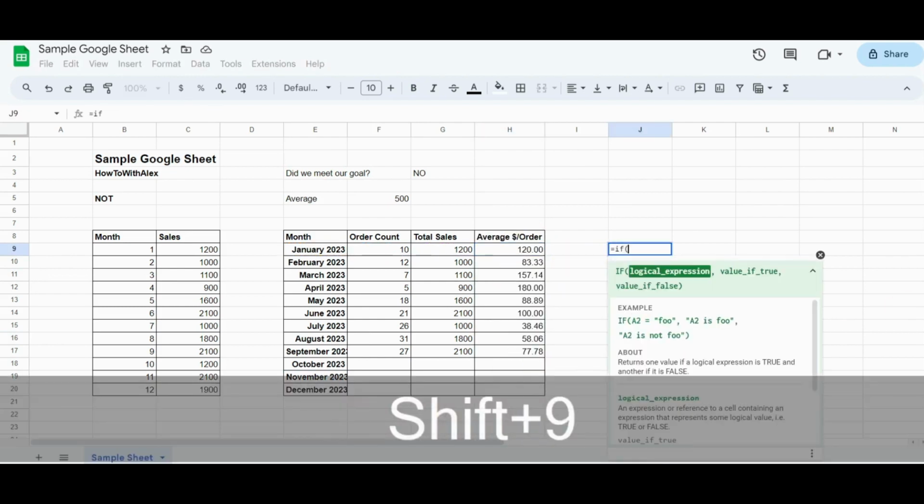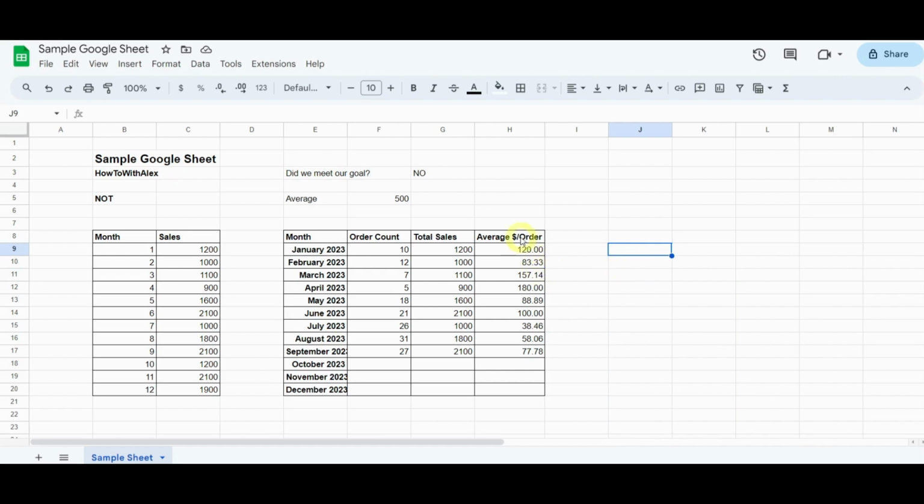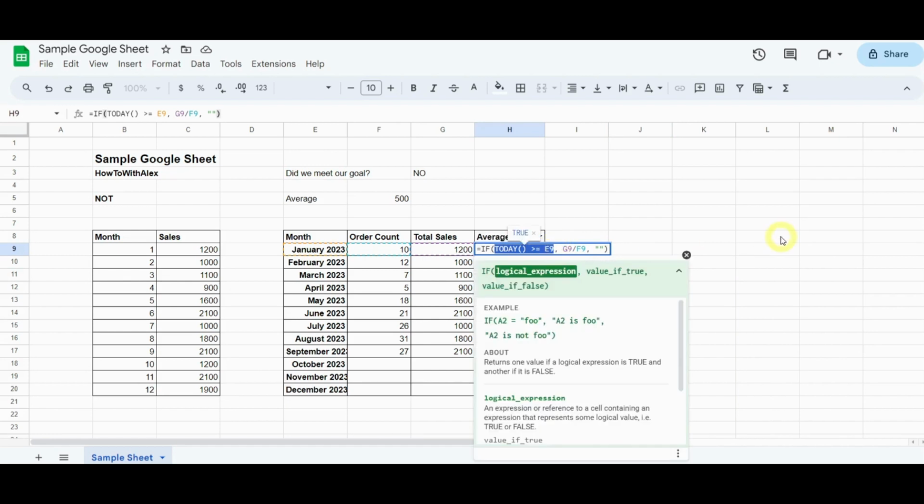So if we look at the IF documentation, we're saying if this logical expression, here's the logical expression. If it's true, we're going to do something. If it's false, we're going to do something. So this logical expression here, if today is greater than or equal to E9, that is returning true or false. If we want to negate it, in other words, flip that true or false,